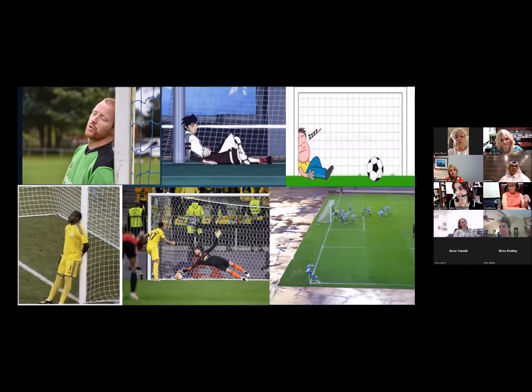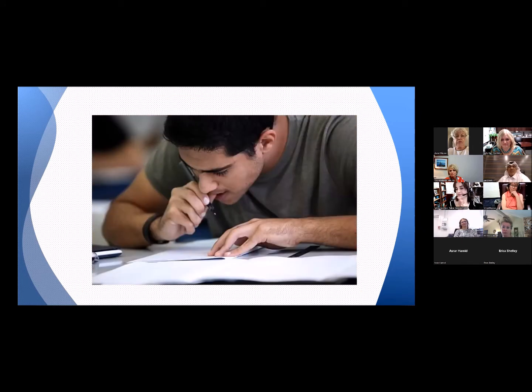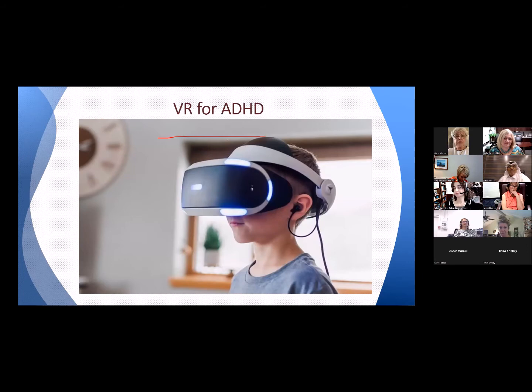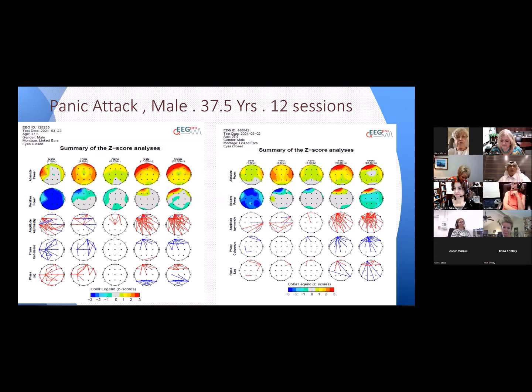Now, this is from the sport level. I don't want to spend too much time here, but we can see here also the theta where the student is there, but he is daydreaming. And here we can see the high level of pressure and the high beta generated. And in sport, sometimes we use VR to treat ADHD kids, and it's a very common solution now. I would like to show